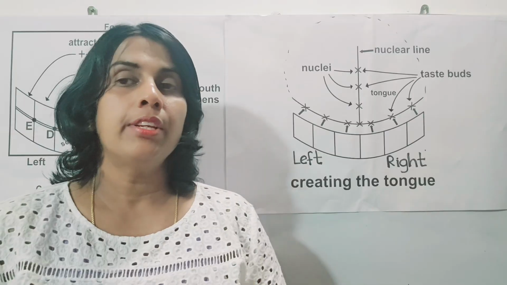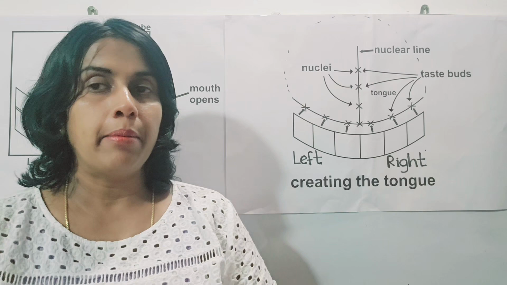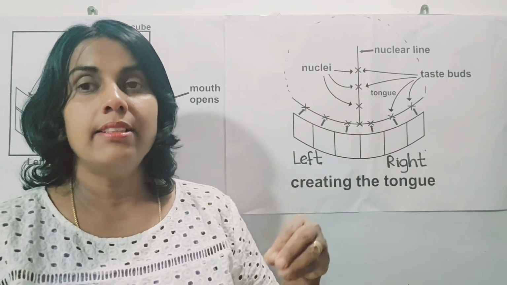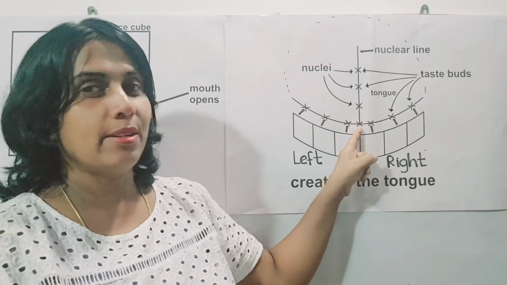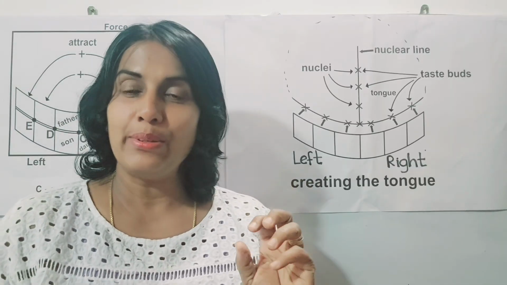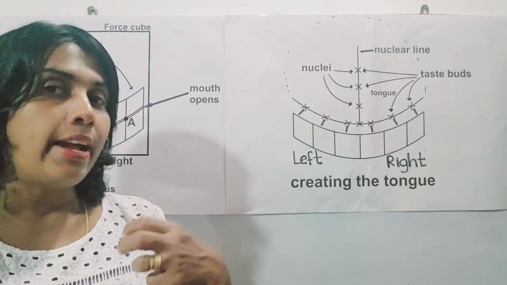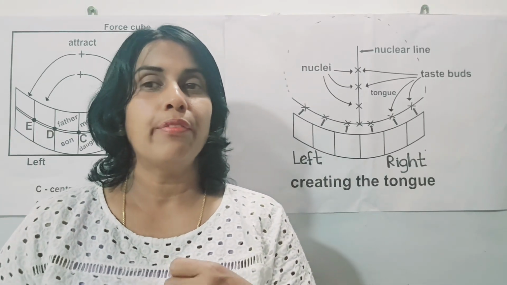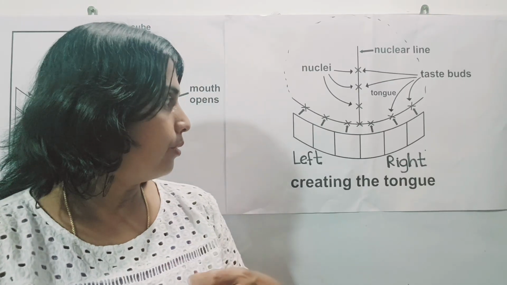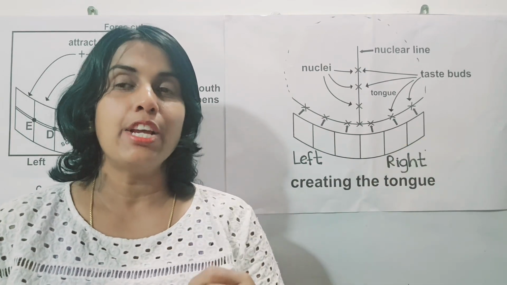All the information of creating the teeth, the top and bottom set of teeth, is brought here to create the tongue through the nuclear energy. So the tongue is a nucleus. It consists of nuclear energy. It was created by the nuclear energy. That nuclear energy consists of genetic power, the information that was used to create the teeth. So in other words, the tongue knows the creation of teeth fully.